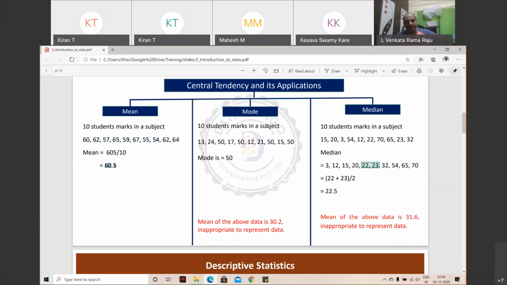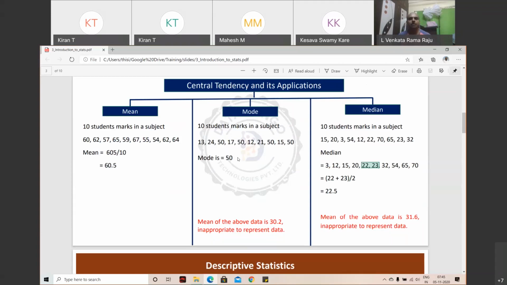But if the data is like this, right, we cannot, because there is 15, there is 13, there is 24, there is 17. Data is all over, right? Then you take the most frequently occurring number and say that, around 50. Sometimes people are performing around 50, but it is not true. If you really look at the data, it is not true, but this is an approximation. Statistics is all about approximation. We are trying to understand the data, right?